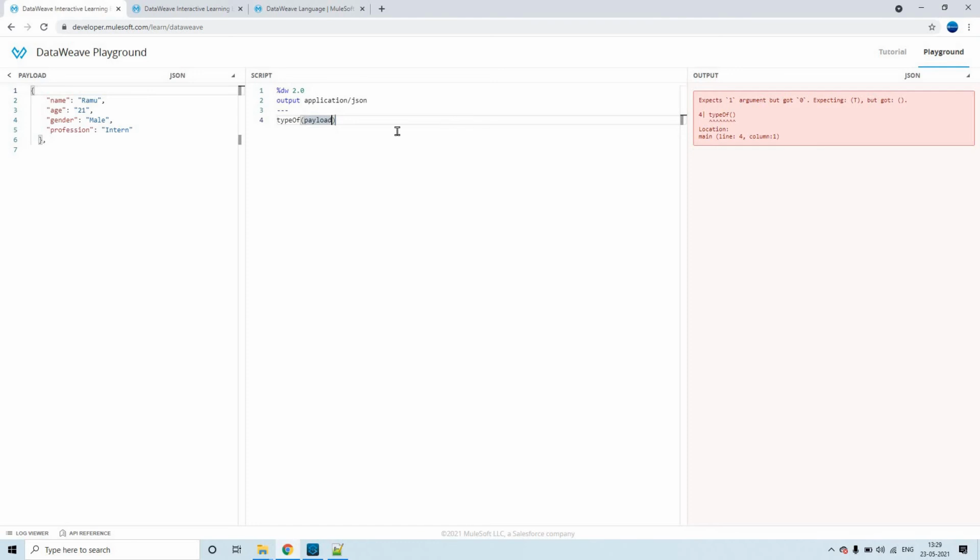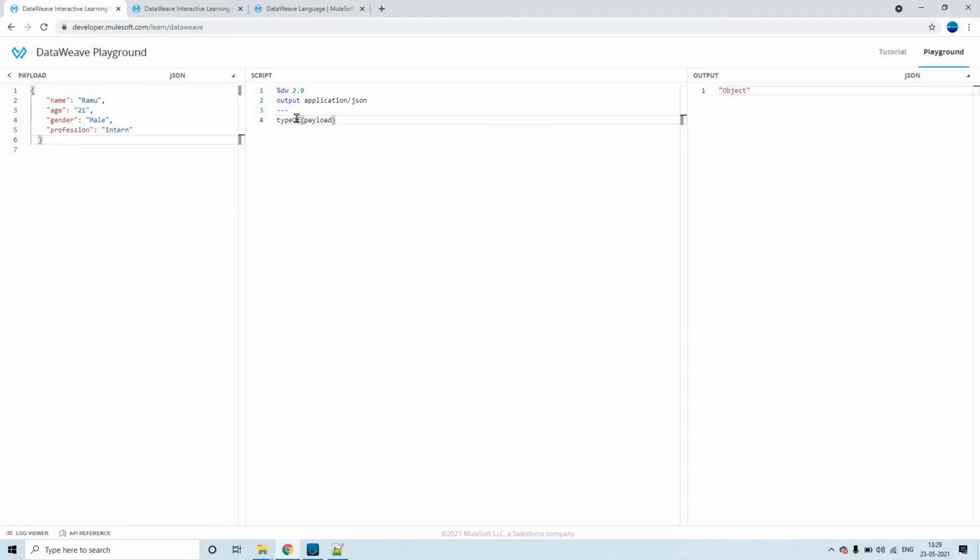So you see here, sorry, something is the issue. Yeah, comma we have to remove. So you see here, it has printed object. Okay, so this is how you can get to know what is the type of the input actually. It could be string, number, date time, array, or object. This is how you can play with the type of function.